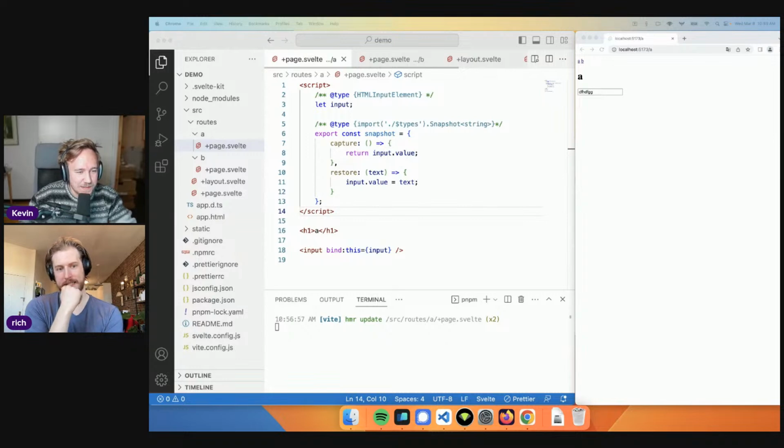Yeah. This is less about components and more about the raw data. Exactly. All right, so that's the snapshot mechanism. Pretty cool. Then we have the